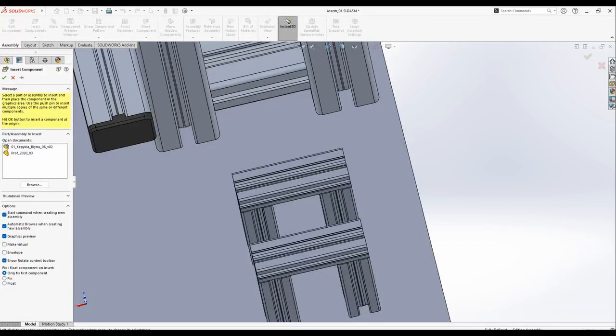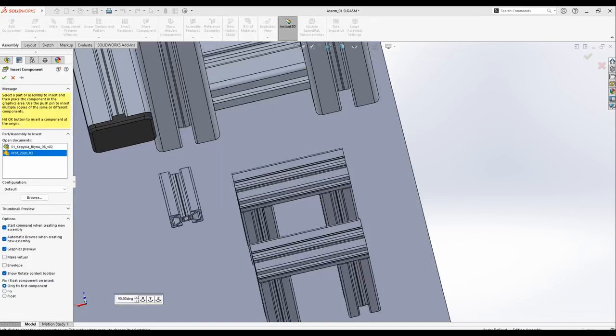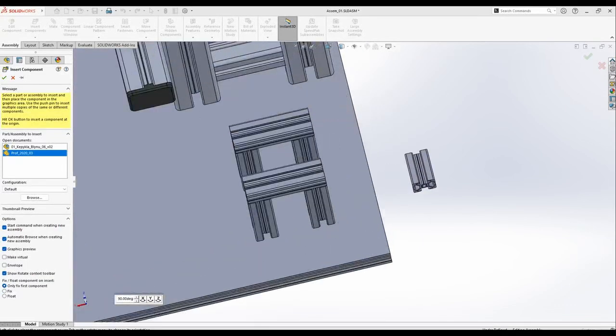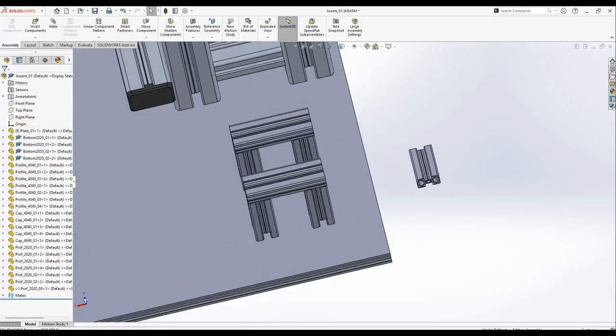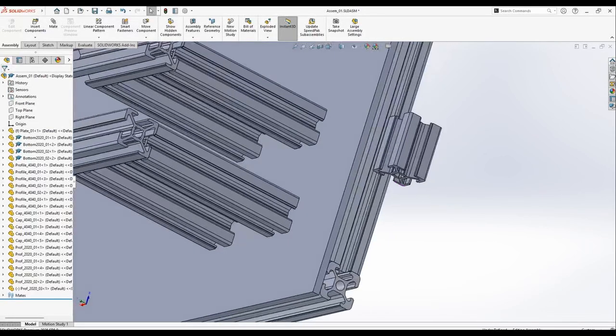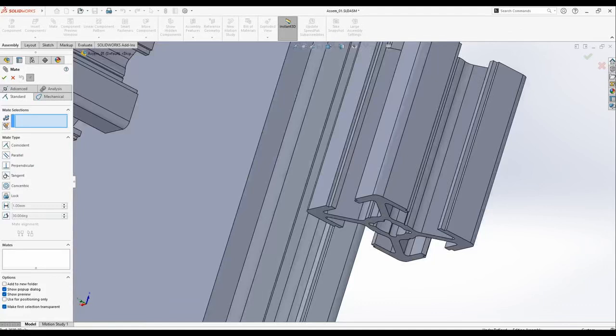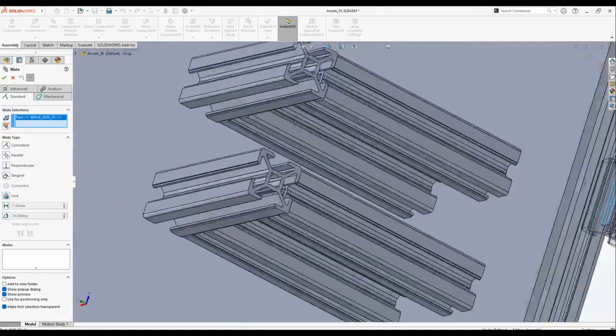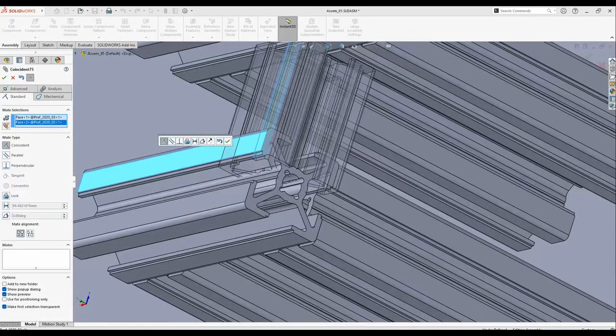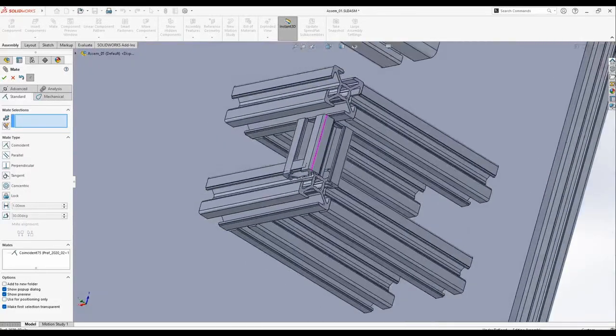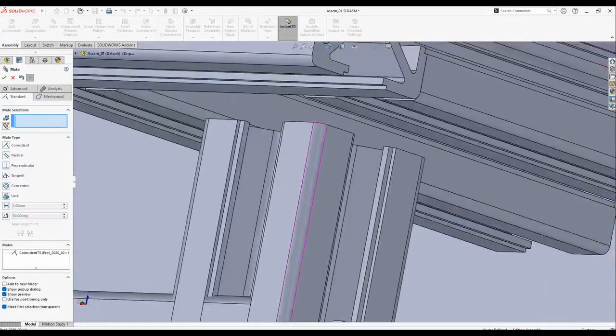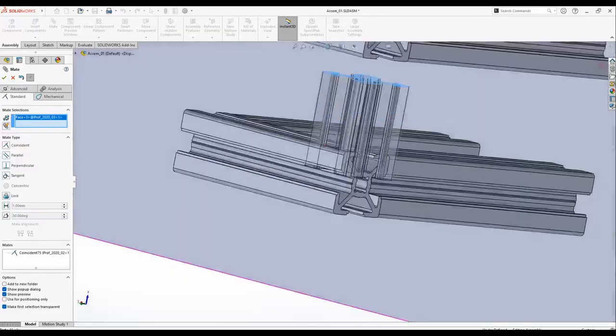If I click to insert, now I see this part simpler to choose from here and much faster. Good, and now I need to position it. Click to the mates, here in the top surface, coincident is good. Now I need to move this to this surface,